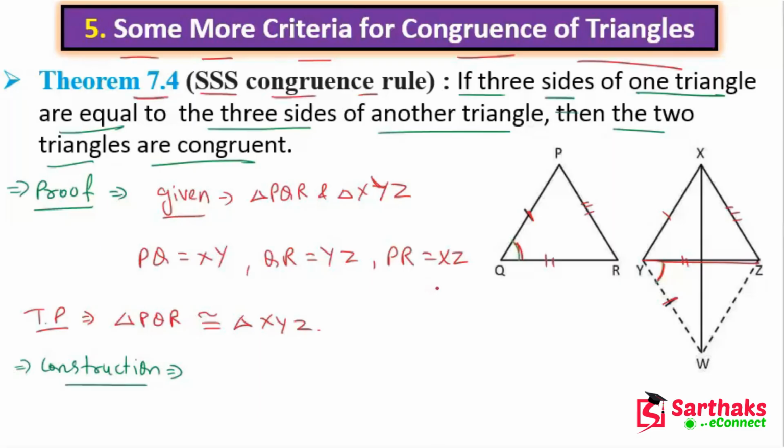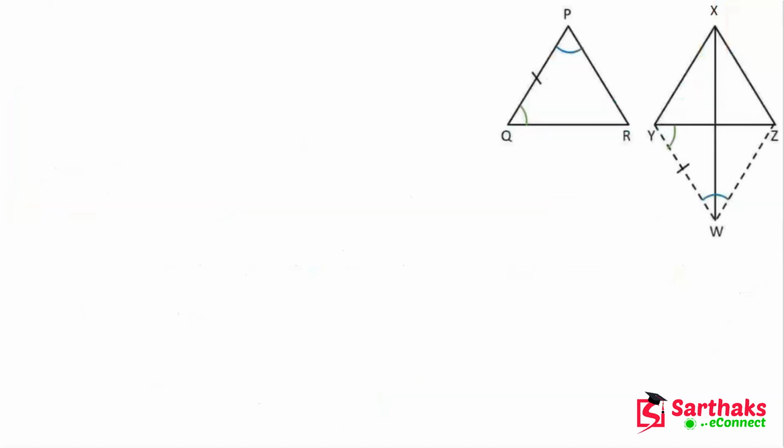So we can write that by construction angle WYZ is equal to angle PQR and WY is equal to PQ. I hope you get this point. So now let's start to prove this theorem. Now in triangle PQR and triangle WYZ, means in these triangles,